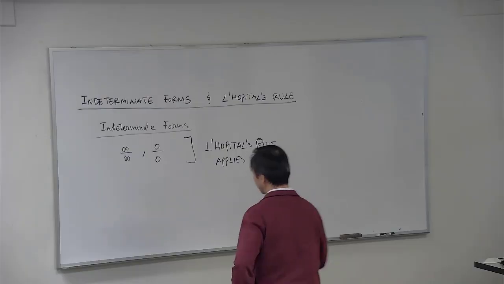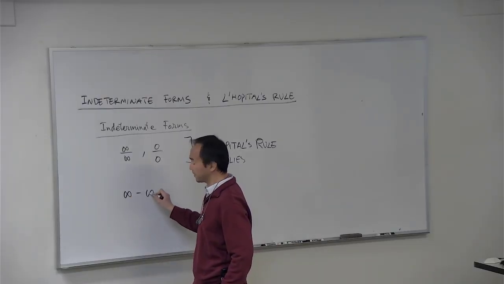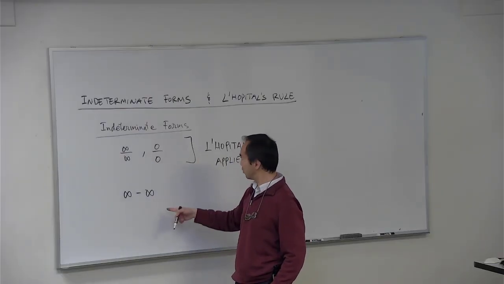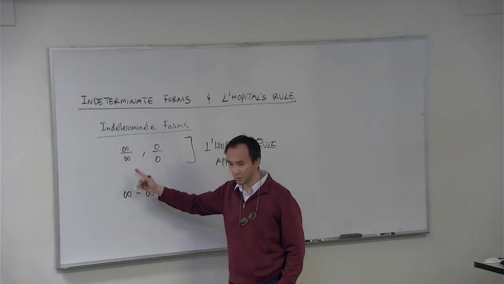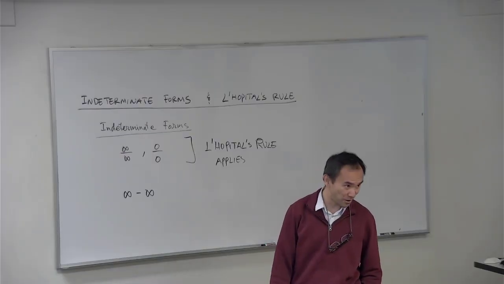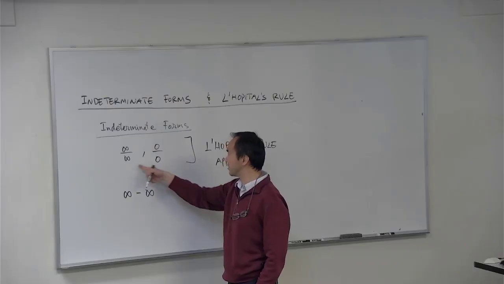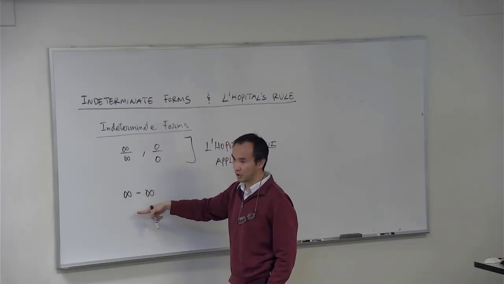We can have something like this, an infinity minus an infinity. That's another indeterminate form right here, and be aware that L'Hopital's rule does not apply directly to that. So don't create the two derivatives and subtract them and take L'Hopital's rule. It's not going to work that way. L'Hopital's rule only applies to these two indeterminate forms, but there are some other indeterminate forms that L'Hopital's rule